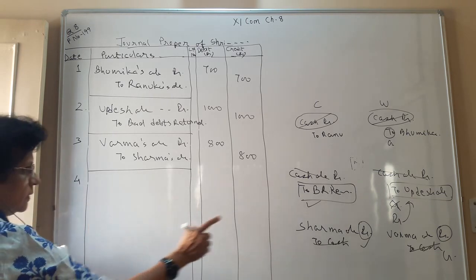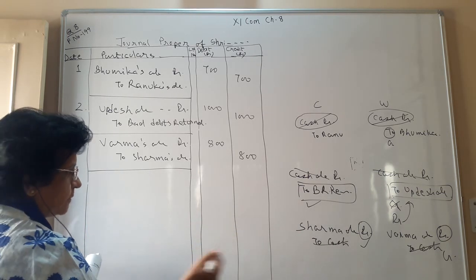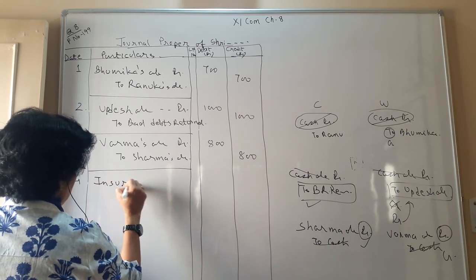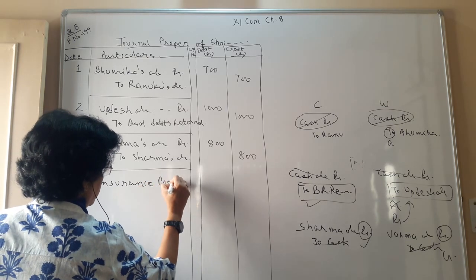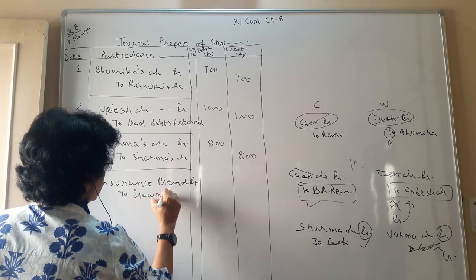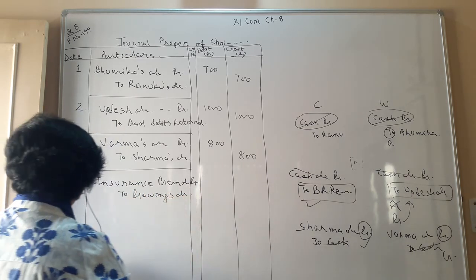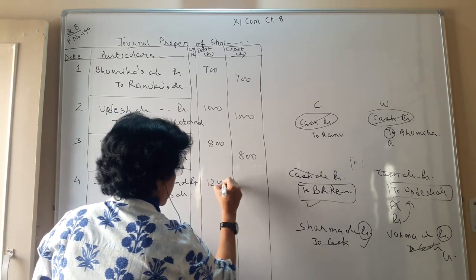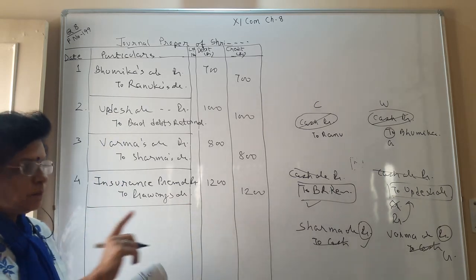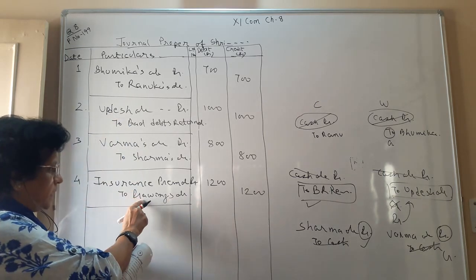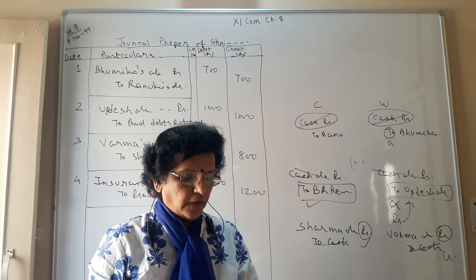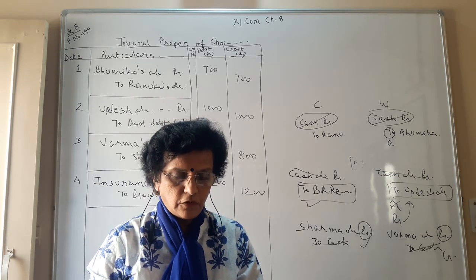So your number 4, drawings you have wrongly debited, so that is to be credited. So insurance premium account debit to drawings account. The amount is rupees 1200. And your narration is being rectification journal entry for wrongly debited drawings account instead of insurance premium. Next one, number 5. Old furniture of 6,000 of business sold for